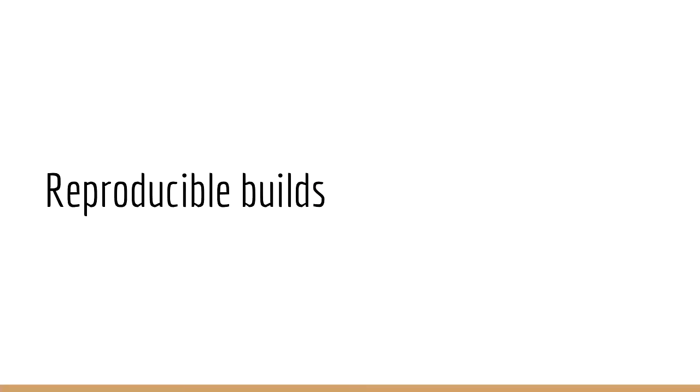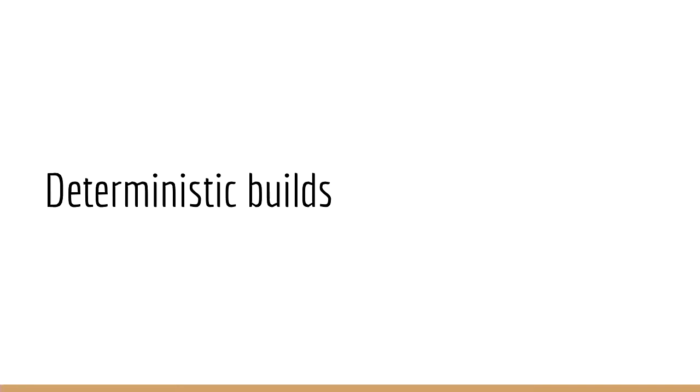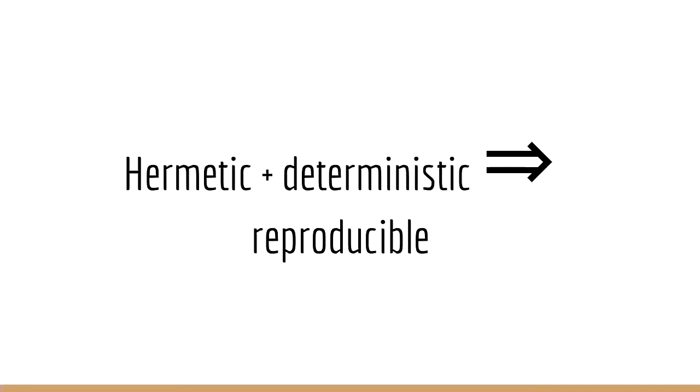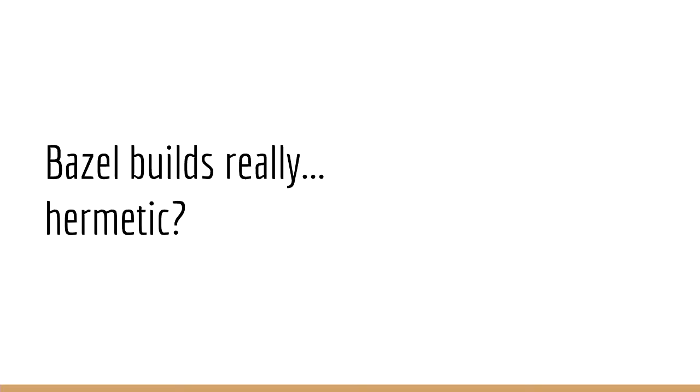So how do we get correctness? Actually, a big part of correctness is reproducible builds. And to get reproducible builds, you basically need two really key ingredients. You need your builds to be hermetic, and you need your builds to be deterministic. And so if you have hermetic and deterministic, those two properties together, then you can hope to get reproducible builds. The problem is that I don't think you really quite get reproducible builds with Bazel alone,